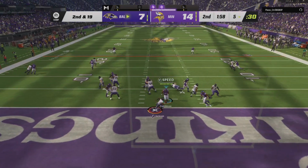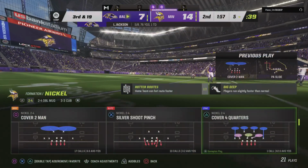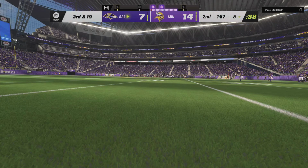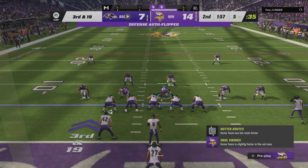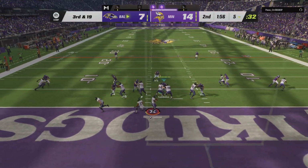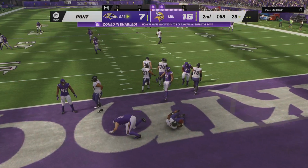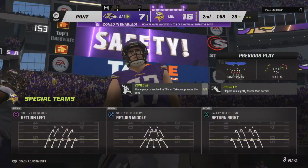Off the play fake, here's Jackson. A quick throw there going to be batted away and incomplete. There's a lot about that play you can easily see coming. Backed up in the shadow of their own goal line, you know they're going to face pressure. He's lucky his arm was going forward. It was close, but it was going forward. And, oh, that is going to be a safety. I have to think the center half